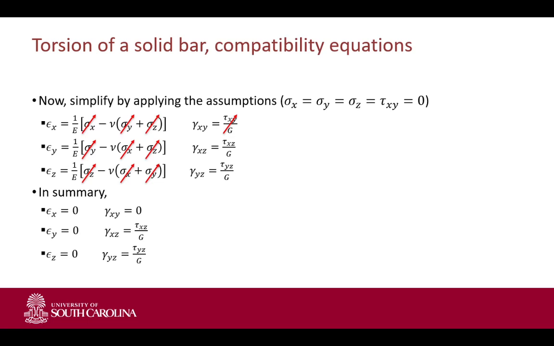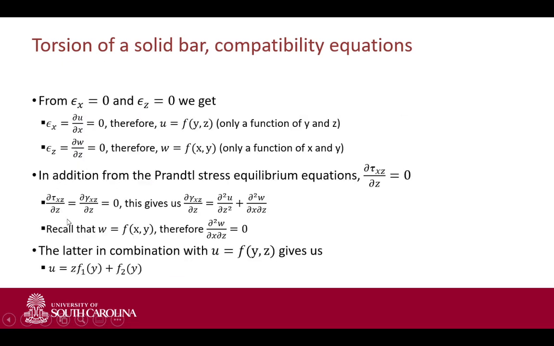Just because the strain in x is equal to 0 doesn't mean that we cannot use it. So basically, from the strain in x equal to 0 and the strain in z equal to 0, we can say something about the function u. If the strain equals 0, the displacement u does not automatically mean 0. It just means that the displacement u is a function of y and z only, because you need to satisfy the condition that